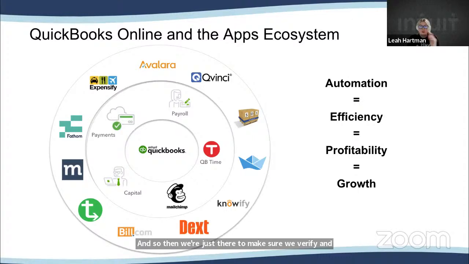And so third-party applications, not everybody needs the same things. And so this is where that power of that ecosystem comes into play, right? If I am a clothing store, I might need an inventory management system, or I may need a point of sale system so that I can sell my clothing online. But if somebody is in a dentist's office, they don't need an inventory management system. So this allows folks to branch out and automate the pieces or add additional workflow functionality to their niche, their industry, without having to have all these things.